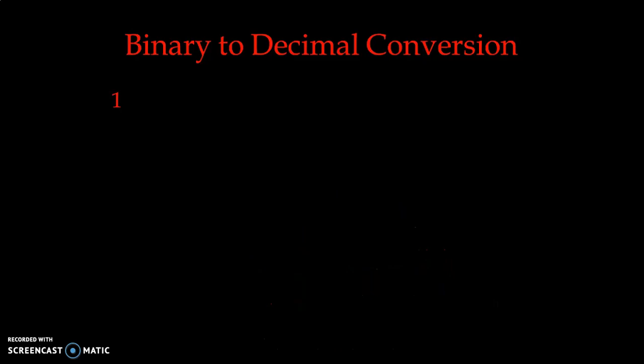We take one more example, and then it will be very clear. Suppose we take 0.1101. So we take the power. We start from the point and we travel from left to right. See, this is the point and we have to travel from left to right for taking powers of 2. So we start with 2 raised to minus 1, 2 raised to minus 2, 2 raised to minus 3, and 2 raised to minus 4. It depends on the values, and we go on putting the values of the power.